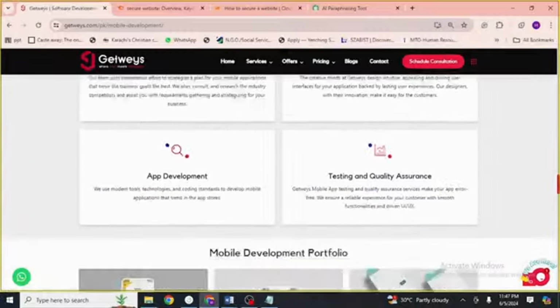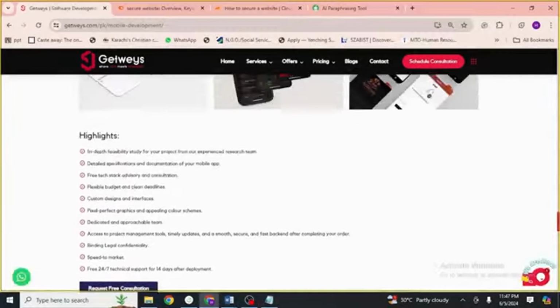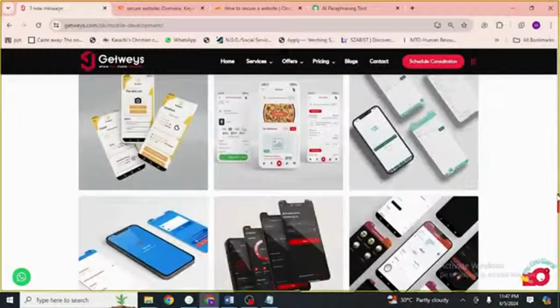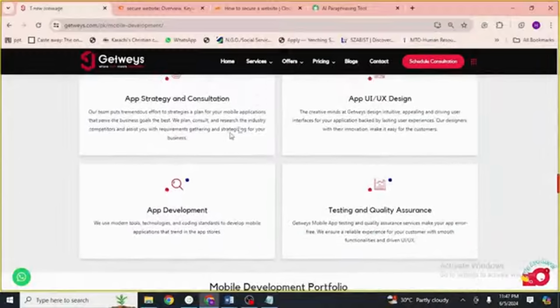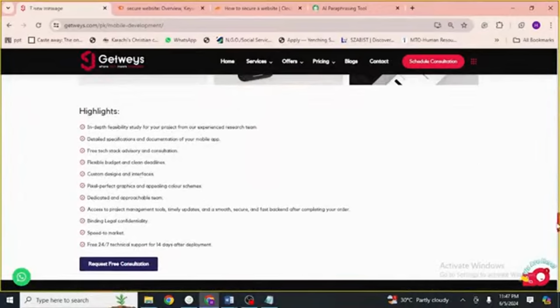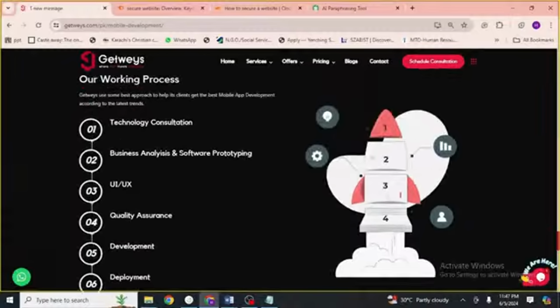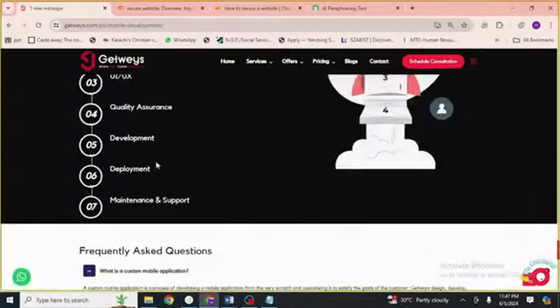Again, we have used cards because users are more interested in bullet points rather than long paragraphs. So we add cards and short bullet points, making short content to engage the audience when we are writing for a website.